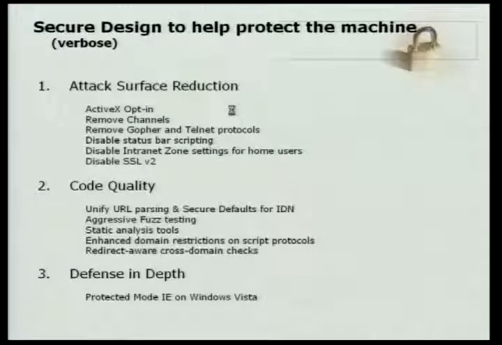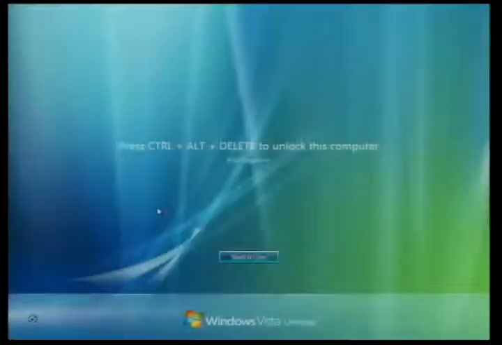Again, even this more verbose slide is simply examples of things that we've done, where there are tons and tons of fixes, particularly from the fuzz testing effort that we've done, that are never going to be applauded and lauded, but really have helped make the system a great deal more robust. So now I'm going to switch over to the Windows Vista system,